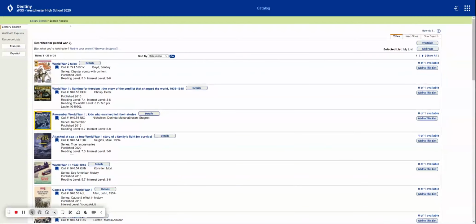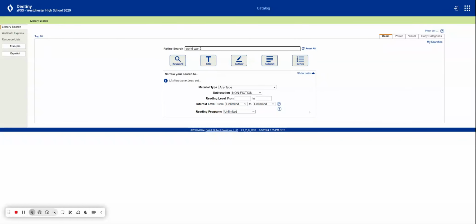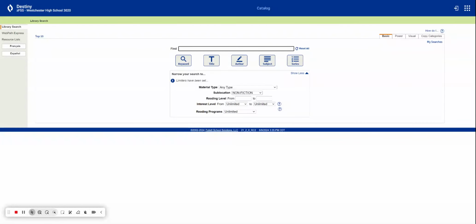So if I go back to my basic search, what I can do is limit this and search for sublocation and make sure that's all going to be in nonfiction. So I've set a limiter to make sure that it filters and make sure that whenever I press enter, it only has nonfiction. But what I've noticed is that this actually is really limiting what I've wanted to do. So the next thing I'm going to do